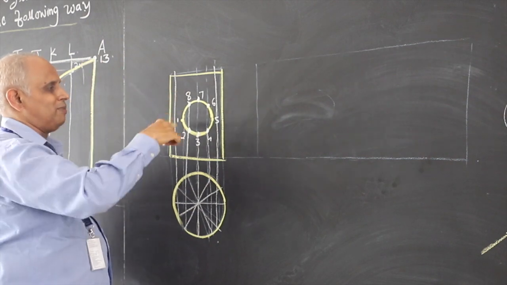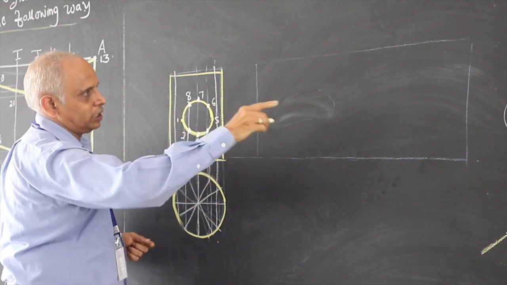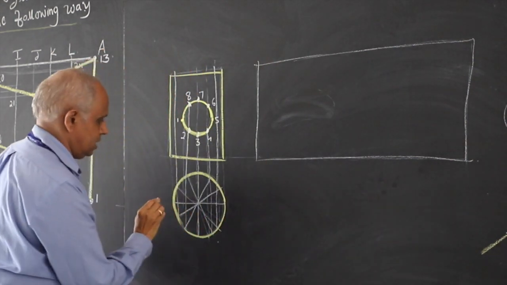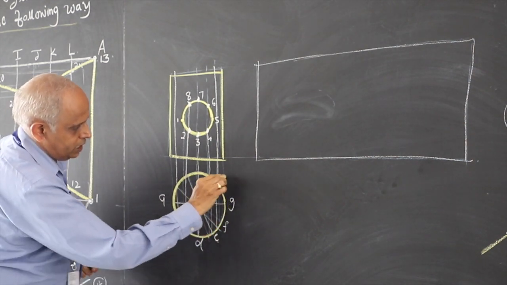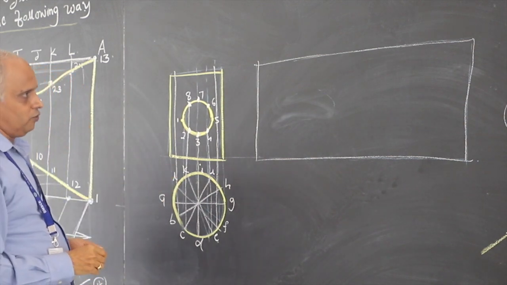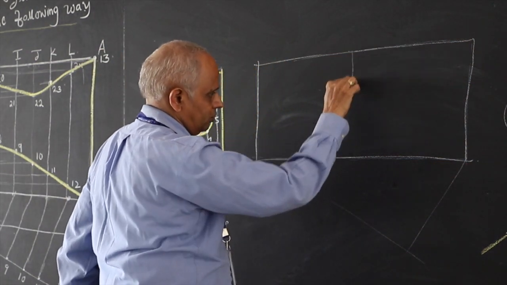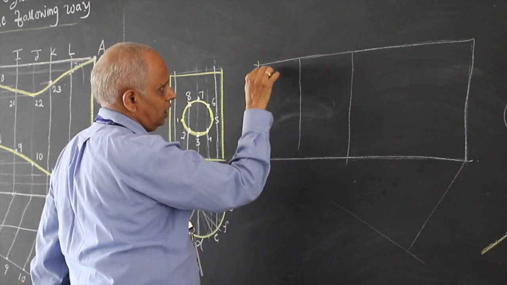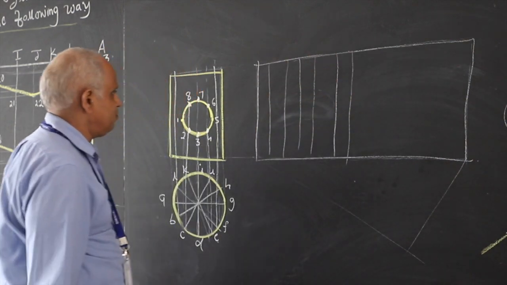Remember, there is another set at the back, but you need not number it. Now, all these section points can be directly projected onto the respective generators here. Suppose I take it as A, B, C, D, E, F, G, H, I, J, K, L. So the same points you can think of locating here, and you know how to divide this into 12 equal parts. And let us try to do a rough sketch of this. This is 2 major parts, one front and one half. In that I have 6 divisions here, and the same thing repeats here also.